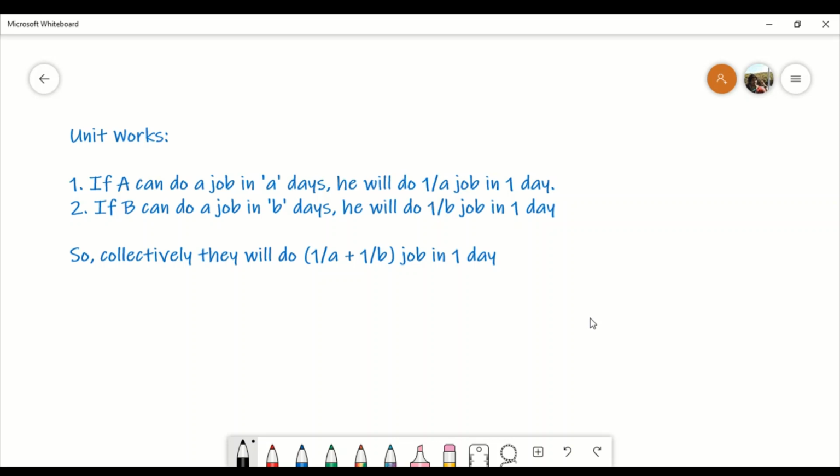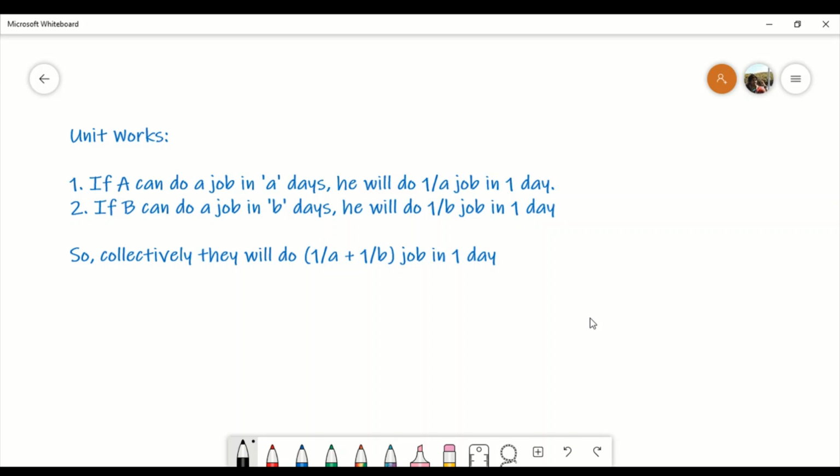So let's say the question is, if we saw the third category of question wherein it was asked that if A can do a particular job in 10 days and B can do a particular job in 20 days, in how many days they can do that job when working together, right? So we can approach it with unit works. So we can say that A is doing 1 upon a job in 1 day and B is doing 1 upon b job in 1 day. So collectively they are doing 1 upon a plus 1 upon b job in 1 day,